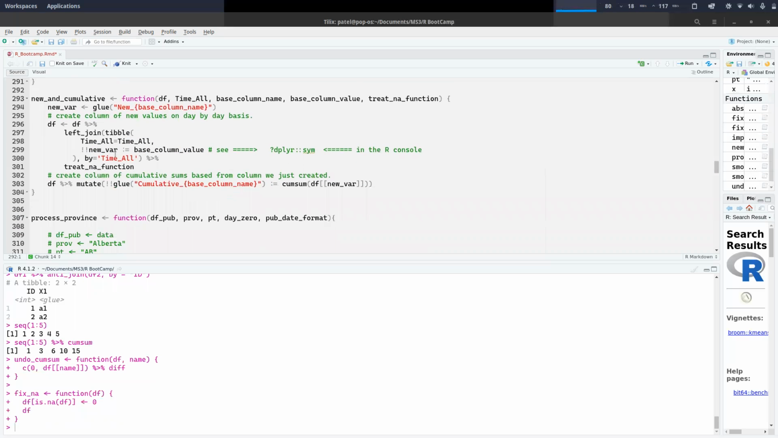utility functions, and then there's a function called new and cumulative. What this does is essentially take a data frame. Time all is like a vector that goes from 0 to final time, which is, let's say, 0 to 600, 0 to 500, and so on. Base column name is the